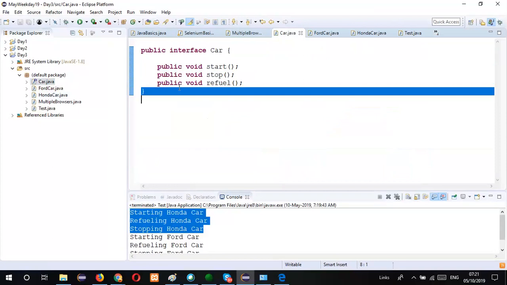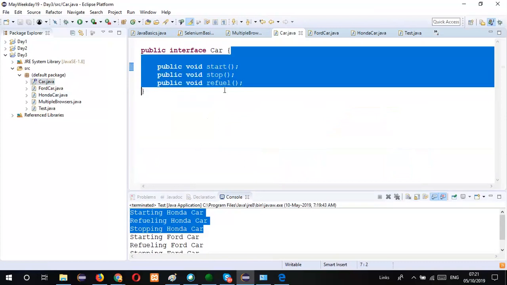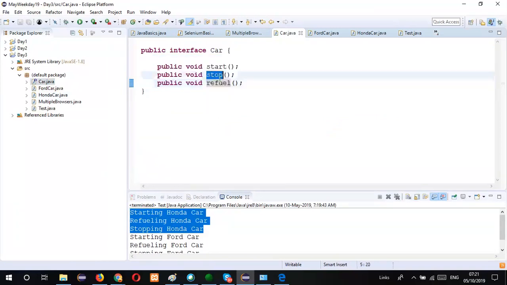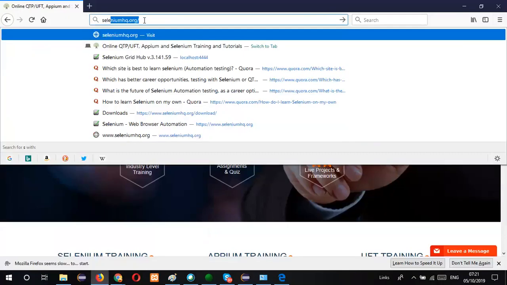It gives a kind of structure and discipline to the application. No matter how many classes implement an interface, all the classes will have the same set of functions. For example, if I go to the Selenium website, Selenium HQ,